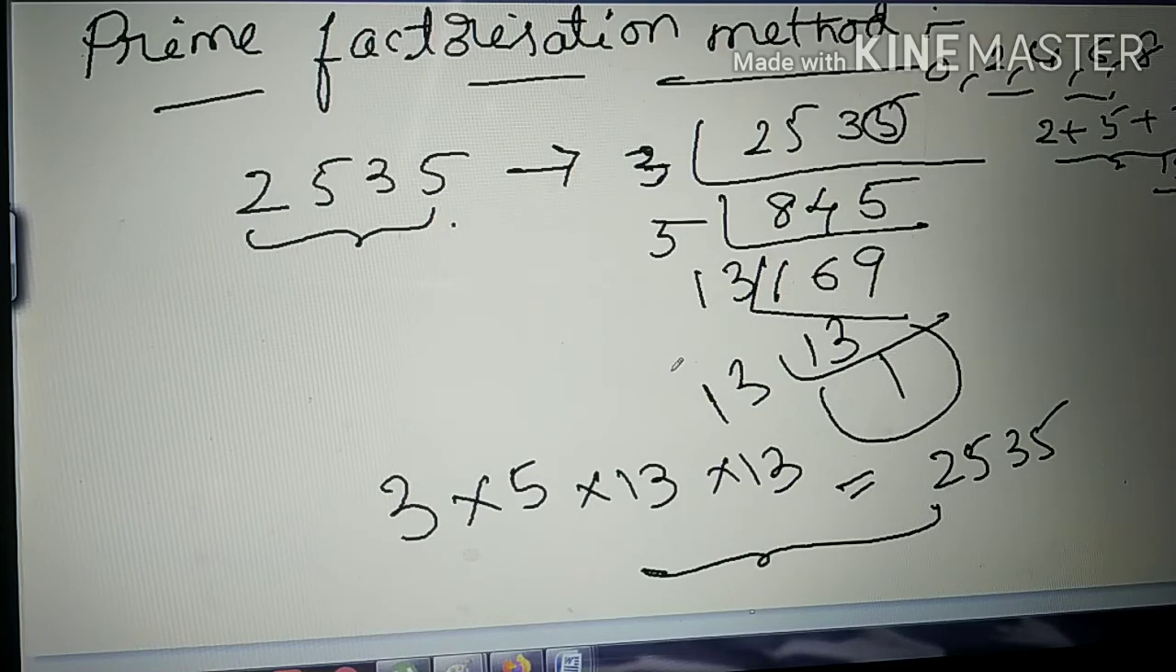Understood this one? So what we are doing here is, whatever number we are given, writing the composite number as a product of prime factors is called the prime factorization method. So I explained this method with this example. Okay, now see,